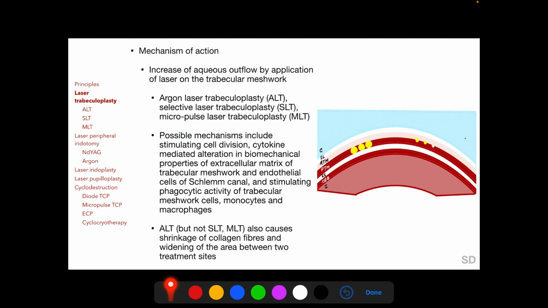The exact mechanism of action of laser trabeculoplasty is yet uncertain, but possible mechanisms include stimulation of cell division, cytokine-mediated alteration in the biomechanical properties of the extracellular matrix of trabecular meshwork and endothelial cells of the Schlemm's canal, and also stimulating phagocytic activity of trabecular meshwork cells, monocytes, and macrophages. Argon laser trabeculoplasty also has been shown to cause shrinkage of collagen fibers and widening of the area between two